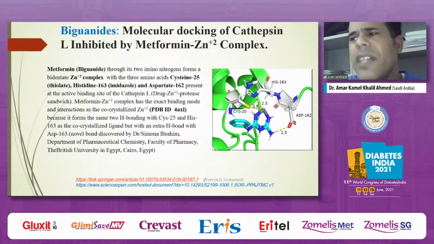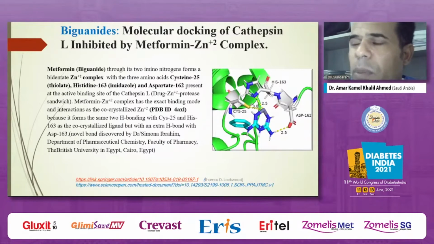We can see the molecular docking of the combination zinc and metformin and how it inhibits cathepsin L. We can see here the compound in dark blue color, zinc metformin, this ring, and you can see two bonds binding with cathepsin L cysteine 25 with bond 3.8